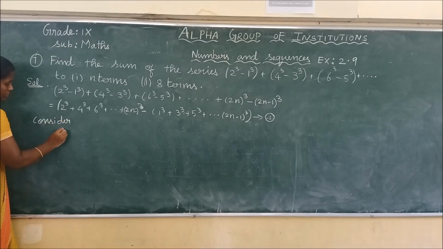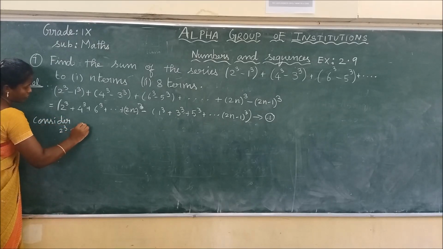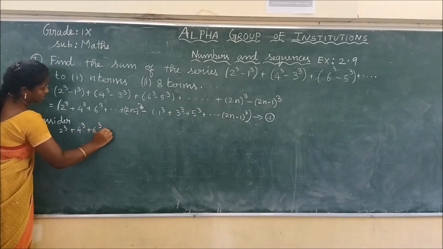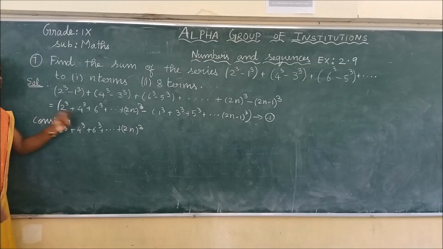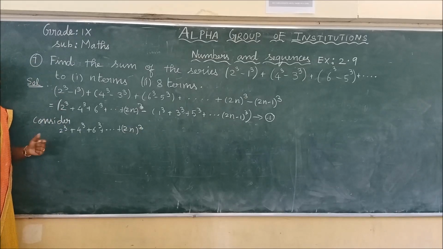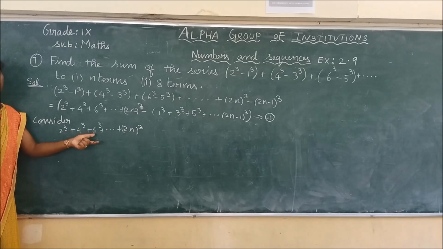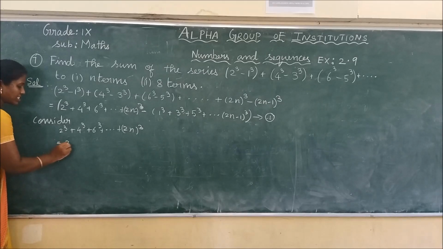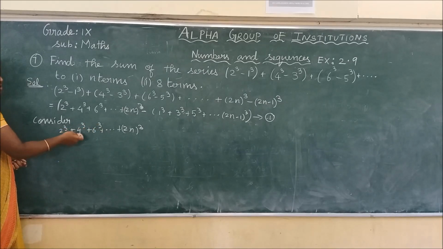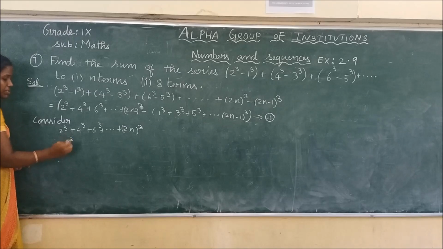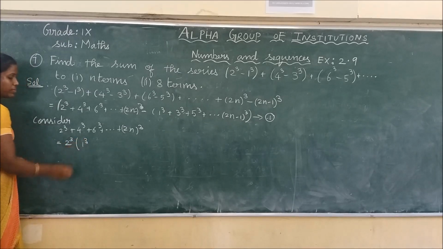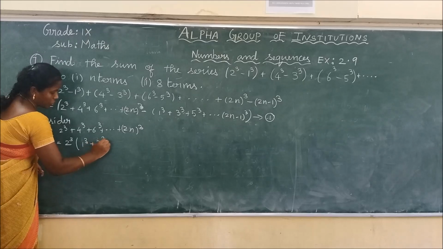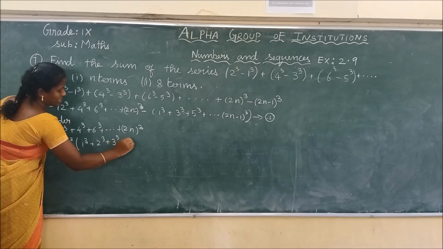the first series: 2 cube plus 4 cube plus 6 cube plus etc. plus 2n cube. So it is based on the special series, isn't it? 2, 4, 6, etc. To use the formula, since it is a multiple of 2, I am taking 2 cube common outside. If I take 2 cube common outside, the remainder will be 1 cube plus 2 cube plus 3 cube plus